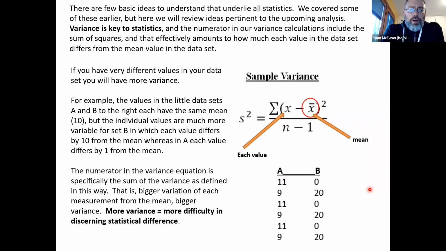The numerator in the variance equation is specifically the sum of the variance as defined in this way. That is, bigger variance of each measurement from the mean is bigger variance in the calculation. More variance is more difficulty in discerning statistical difference. I know this is hard for you to follow. Also, this is just a